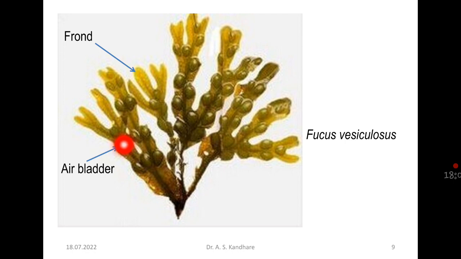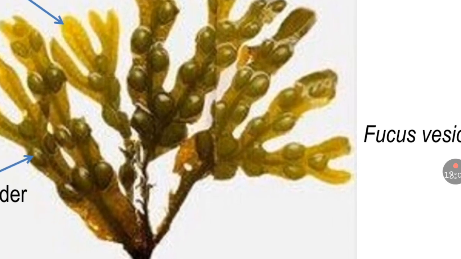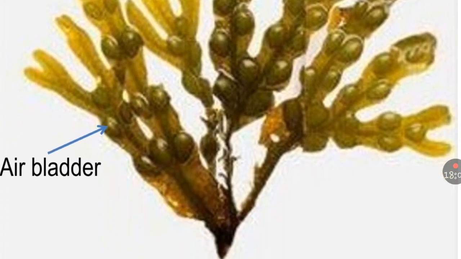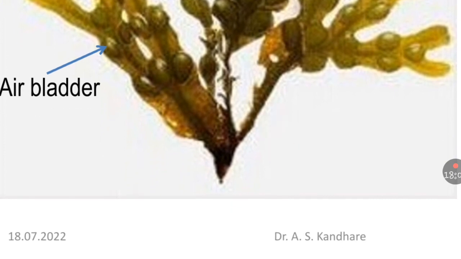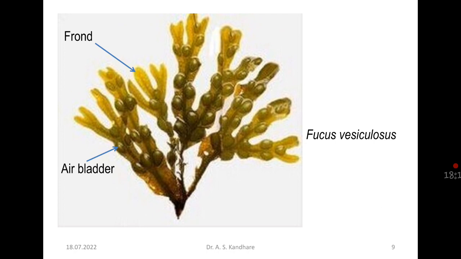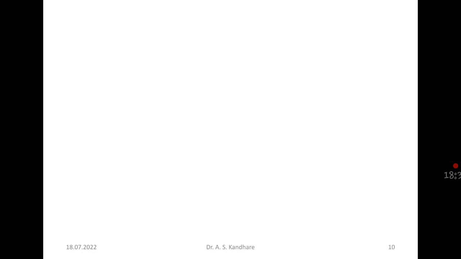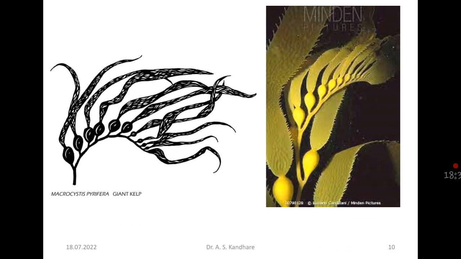you can see these are the air bladders, this is the air bladder filled with gas, isn't it, and helped as a float. So this is called frond, लीफ के जैसा ही है, इसलिए इसको फोलिएशस कहा जाता है। It appears like a leaf, isn't it? For that reason it is called foliaceous thallus. So this is another example of foliaceous thallus. Again another example,